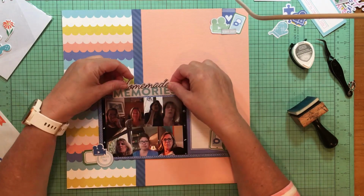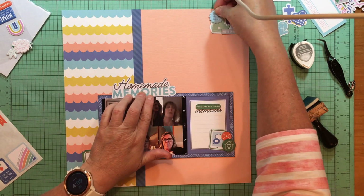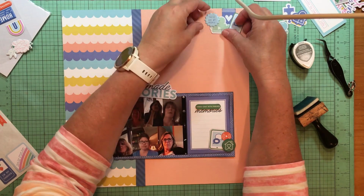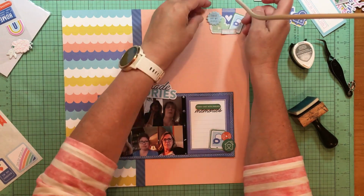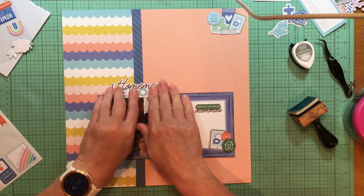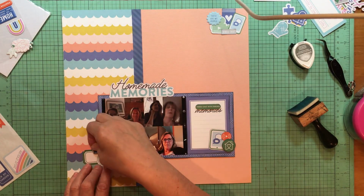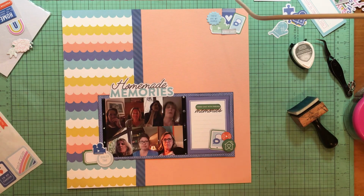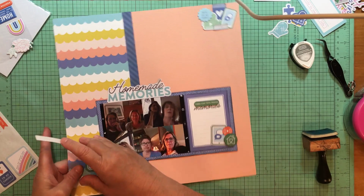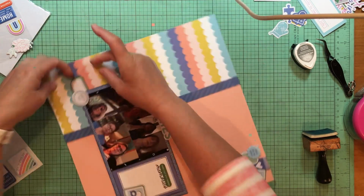I'm just loving all the little details and adding things in like the cameras and the home pieces, they're meaningful. I do have that puffy sticker there as well, from the puffy sticker collection. So just little bits and pieces that are significant to this story. I like to add pieces that remind me of the story or something to do with the story itself. And when I look at this, I will forever remember how much we laughed